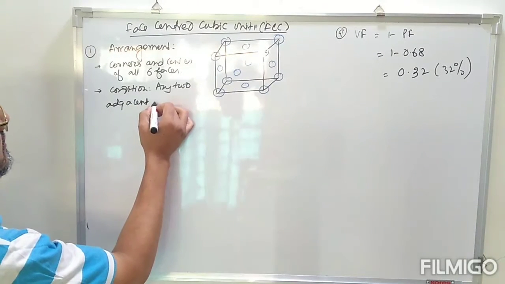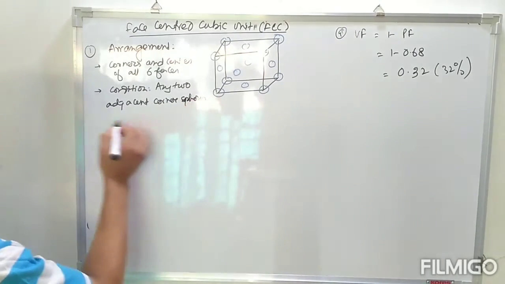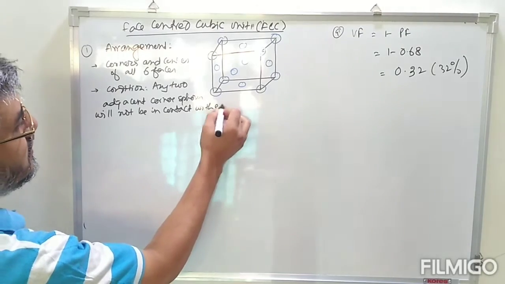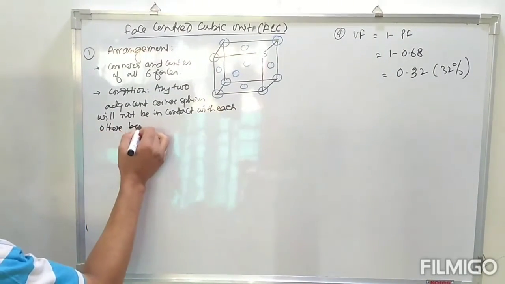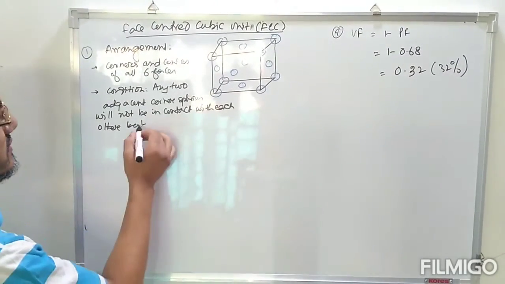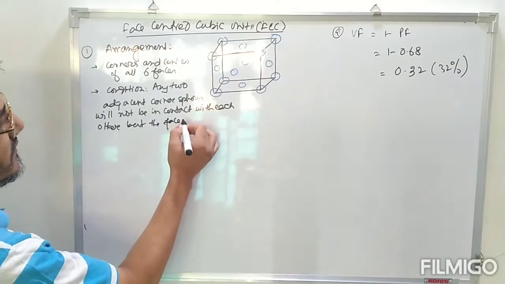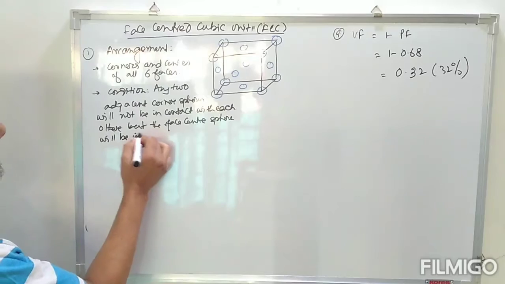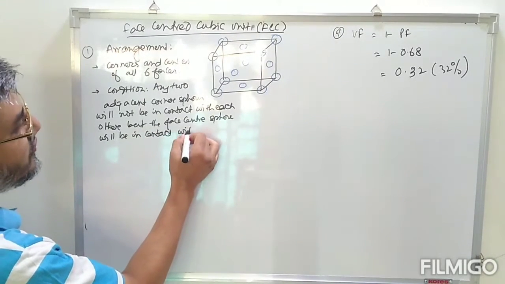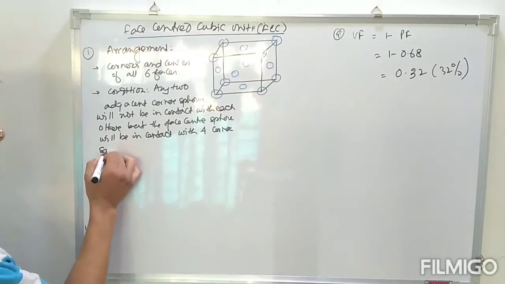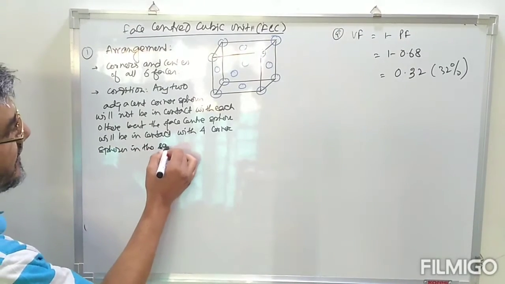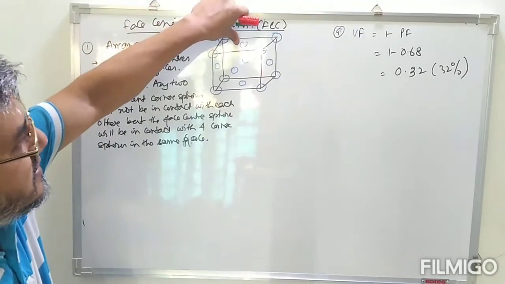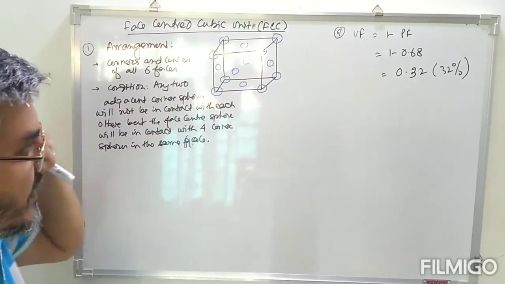Any 2 adjacent corner spheres will not be in contact with each other, but the face center sphere will be in contact with 4 corner spheres in the same face. That means this face center atom will be in contact with these 4 corner atoms in the same face, and